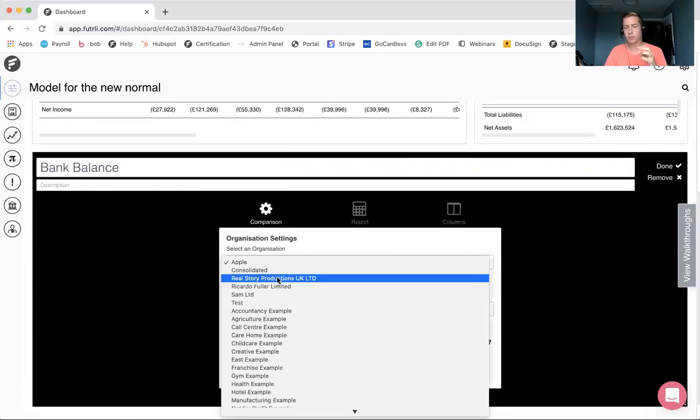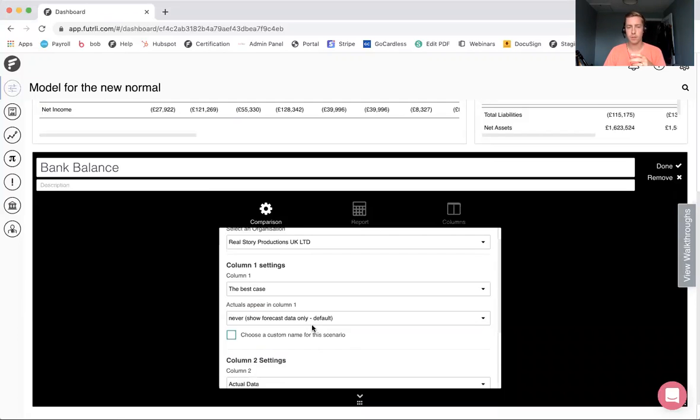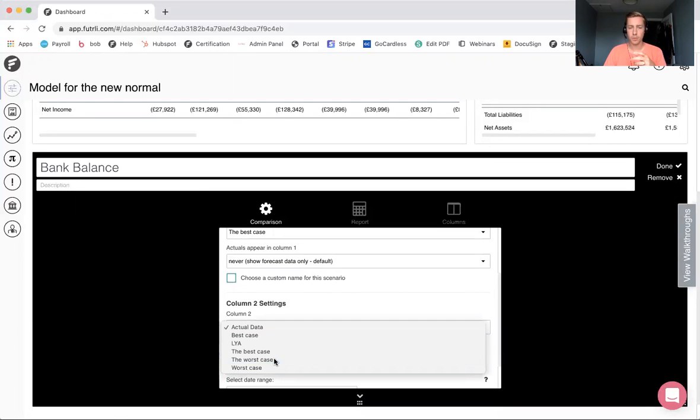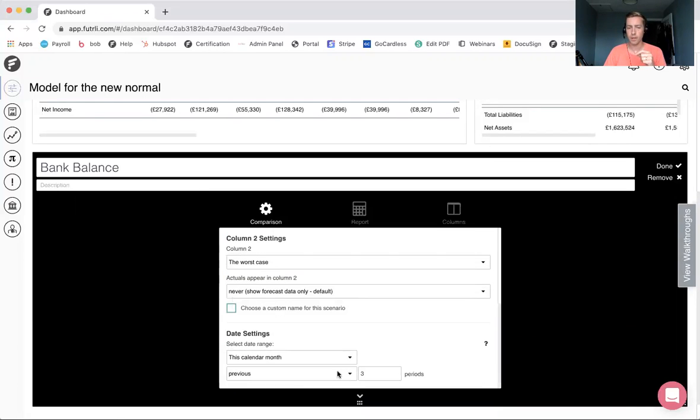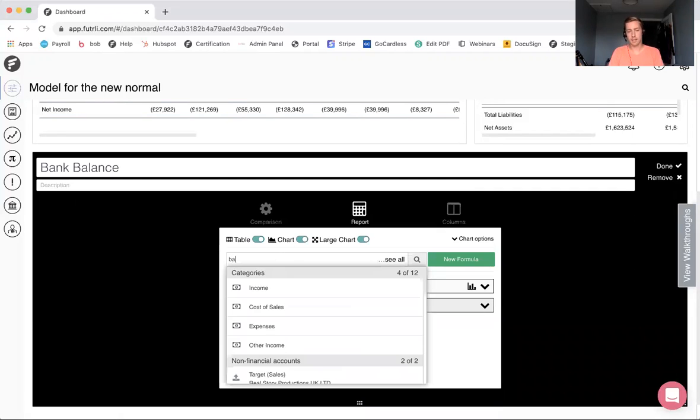We can now go to the real story productions, the same client as before. We're going to select the same two, the best case and the worst case. And we're going to have that full 12 months looking at there. Then go to the report tab. We'll see income's added there. It always gets added by default, just so that card can load. But we don't want income, so we're going to add the bank accounts